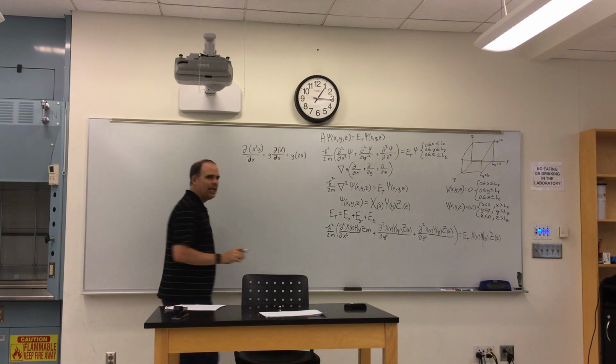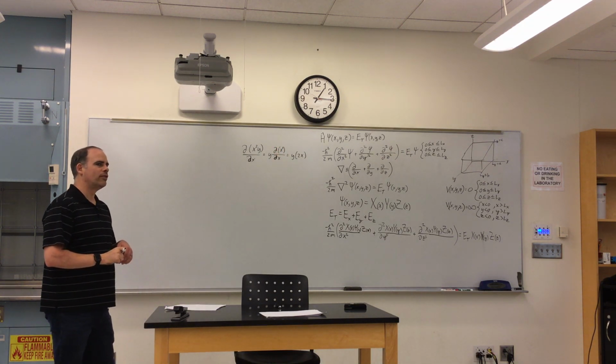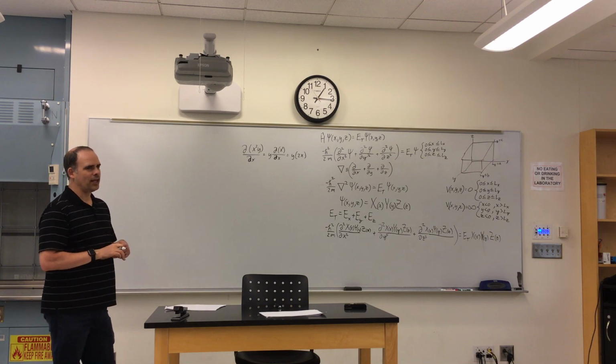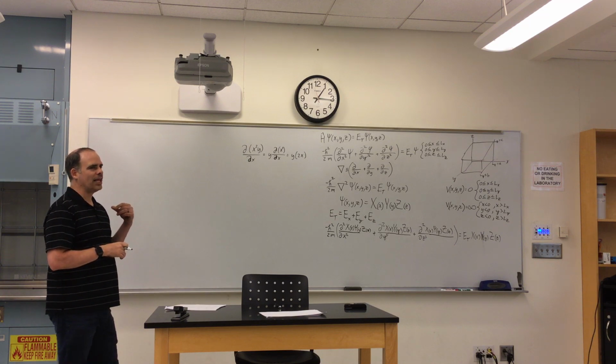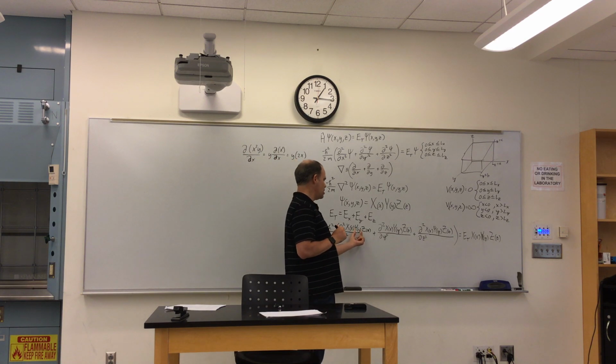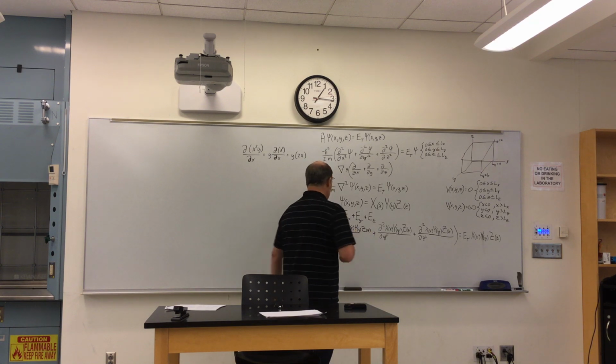So the more squiggly d you use when you're doing partial derivatives. The way they work in terms of taking a derivative is the exact same thing. It's just when you're doing that, you're treating everything else as a constant. Okay, so the y of y is where we're storing all the y information. The z of z is where we're storing all the z information. And so these two, when we're taking the partial with respect to x, are going to be treated as a constant. So we can rewrite this as minus h bar squared over 2m